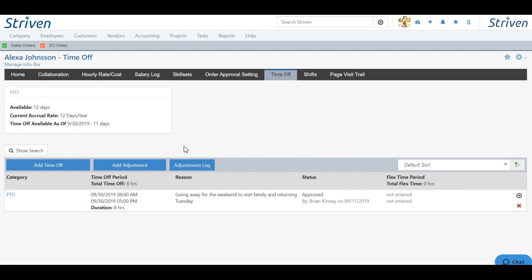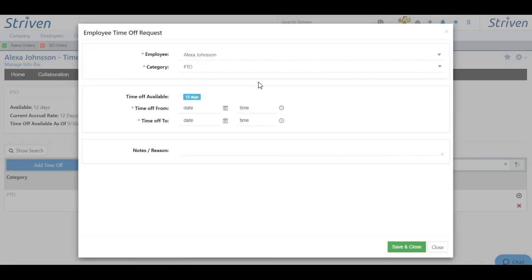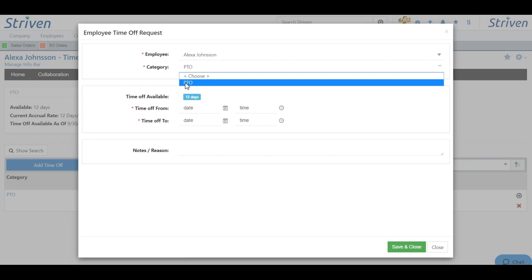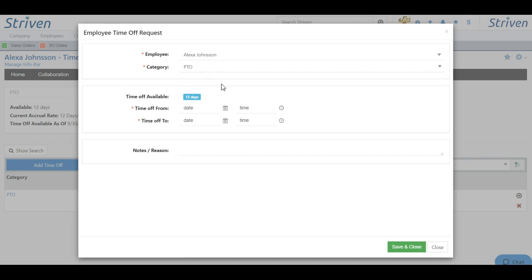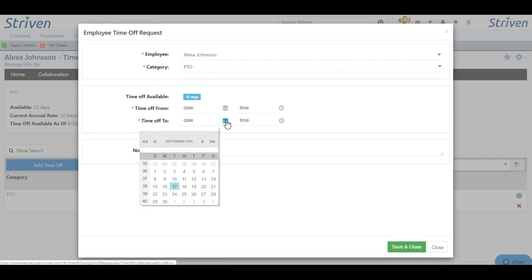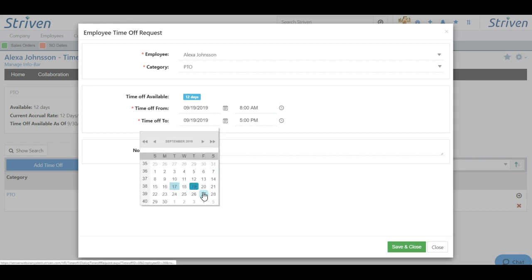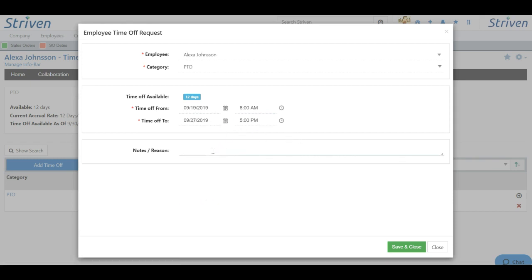There are also buttons at the top for employees to add time off by clicking the Add Time Off button. Here they can choose any available category for their job title, choose the calendar icon to set their time off from and their time off to, and this will default to their shift hours. Here we can see 8 to 5, and this will take effect for either one or all days that have been selected. And here they can fill out their reason and choose Save and Close to save the time off